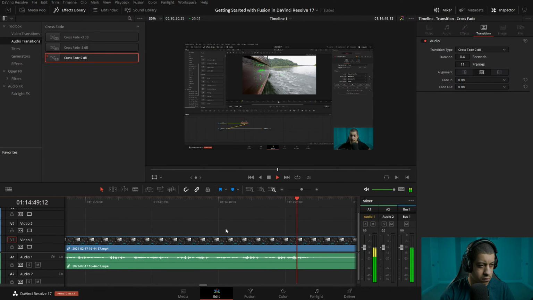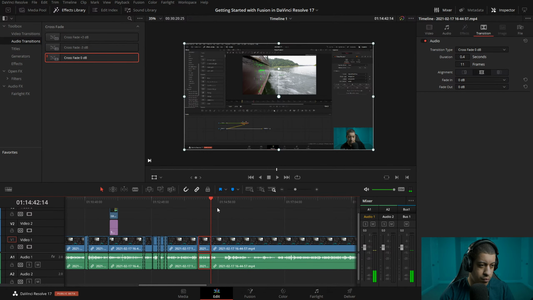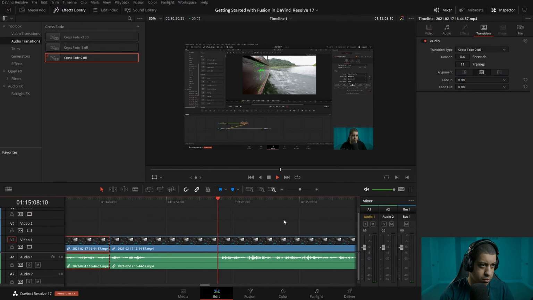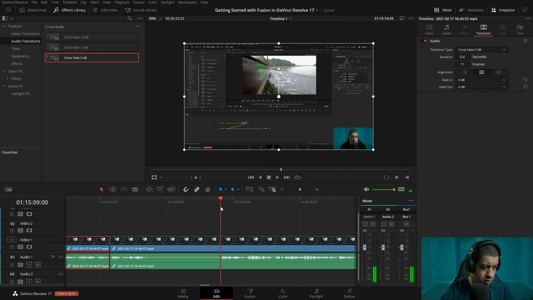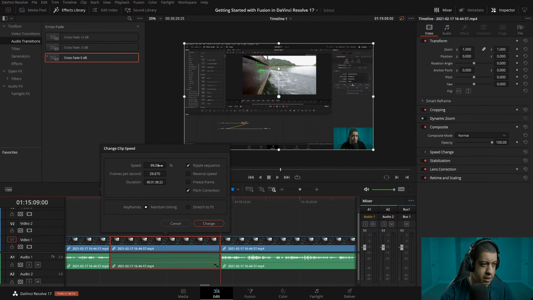I'm not entirely sure what's going on right now, but I'm not sure why it's going so slow. For some reason, it must be this new beta version or something, because there are some things that are just going kind of slow. I'm not entirely sure what was going on with the tracking, but I'm just gonna stop it now so I can continue. And we're gonna cut this, drop this audio down, and clip speed